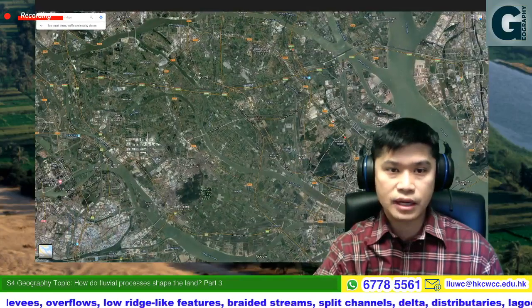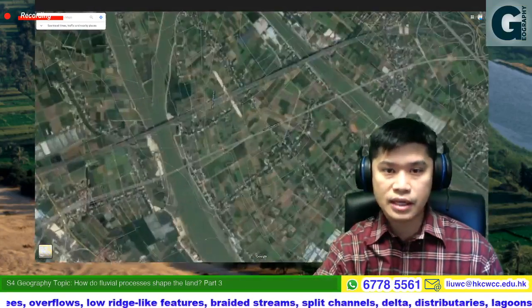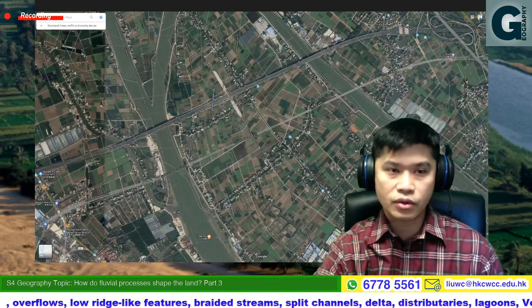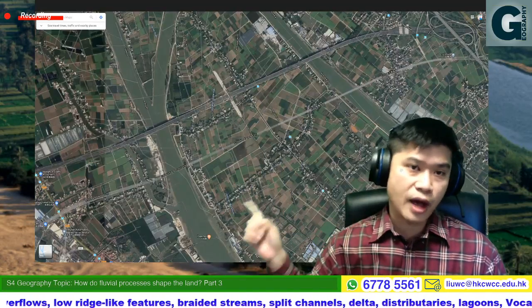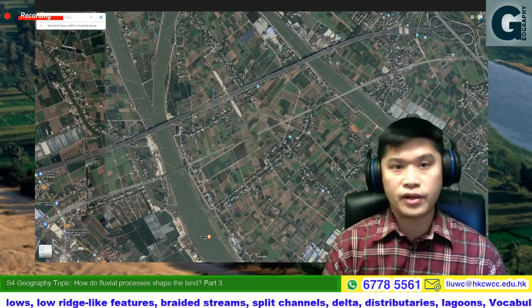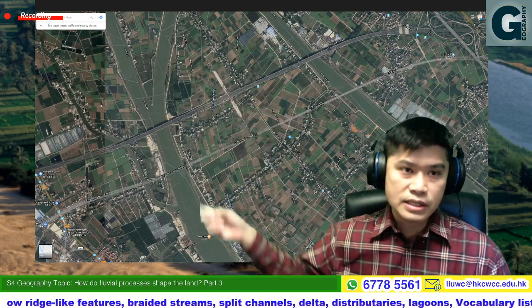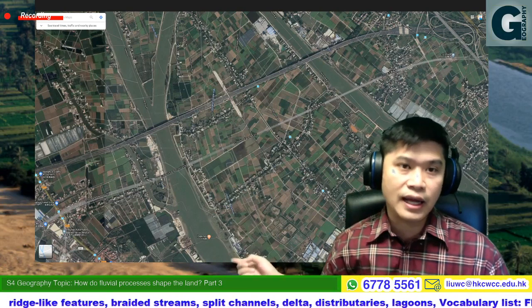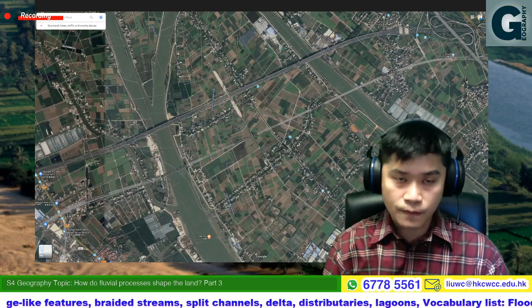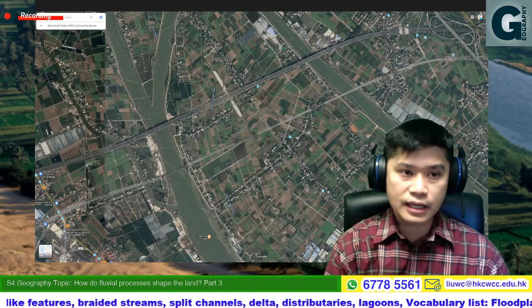I would say all this farmland is also built on the floodplain. For a floodplain, it is necessary to see that there should be a river, a large river. And for other cases,